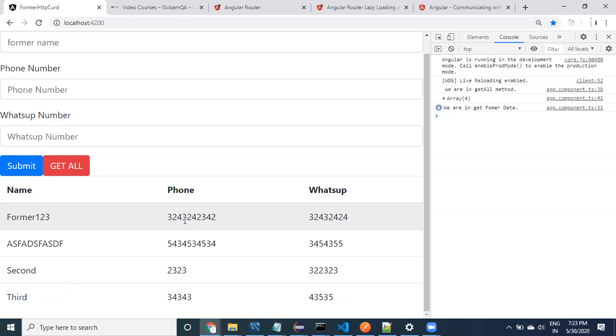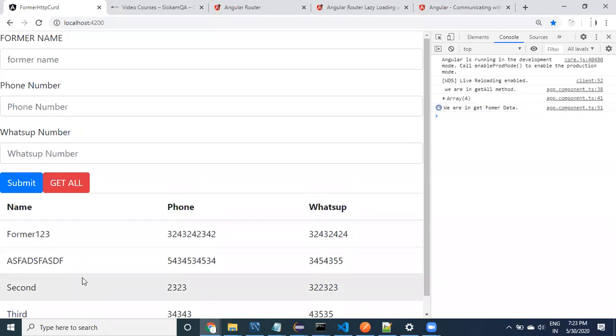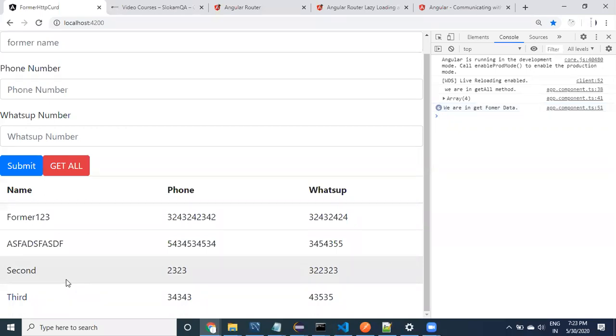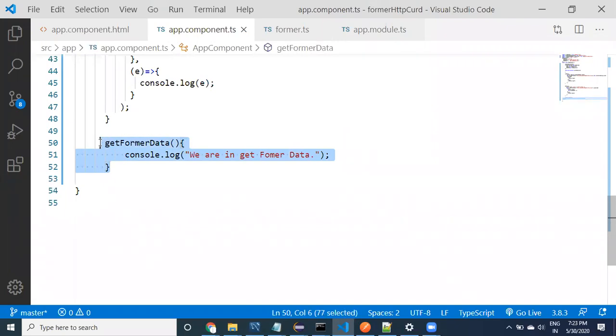Actually it looks like it is over, but it is not over. On whichever TR you click, it is coming to exactly one method. That method is what? Get farmer data. It is coming to this particular method. But how can we know on which record the end user has clicked? Because if the user clicks on the first record, then we have to go to the backend and get the data.